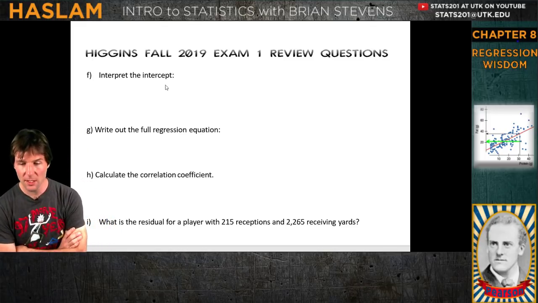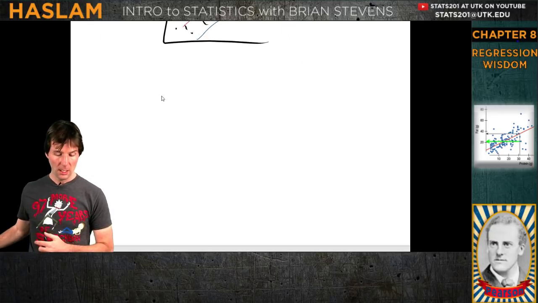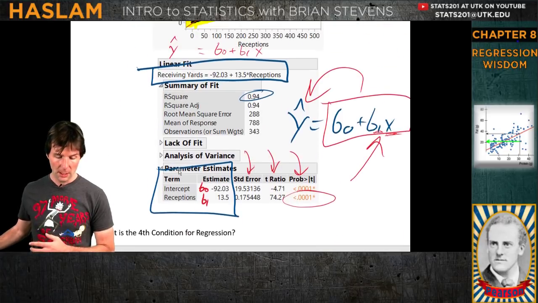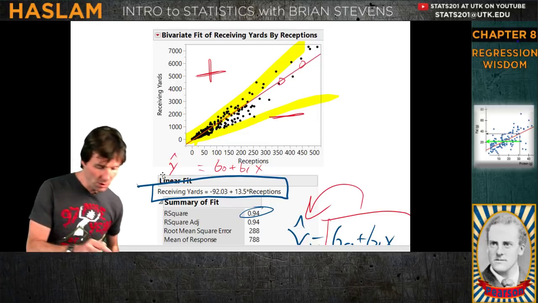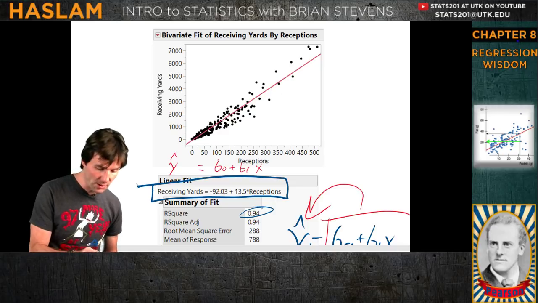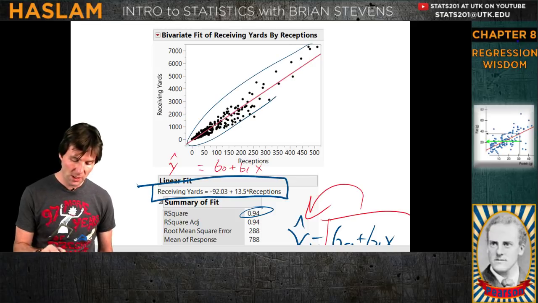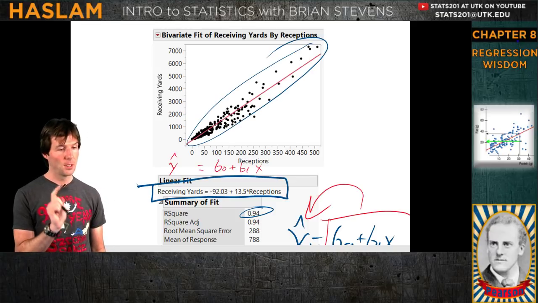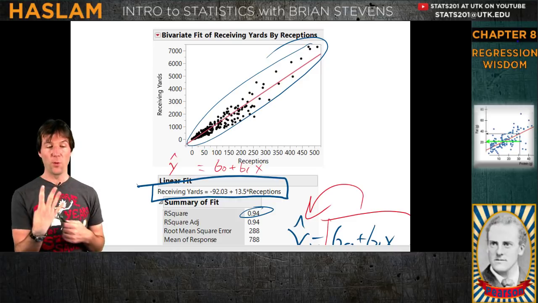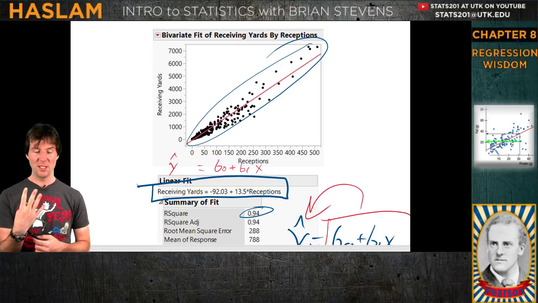There was a question: what's the difference between correlation and regression? Great question. Correlation is kind of what we use to build off regression. Correlation is the basis of regression, so you can actually do correlation here. Correlation is just the bivariate, two variables, relationship between x and y telling us the strength, direction, form, and unusual features. The four things that correlation tells you are strength, direction, form, and unusual features.